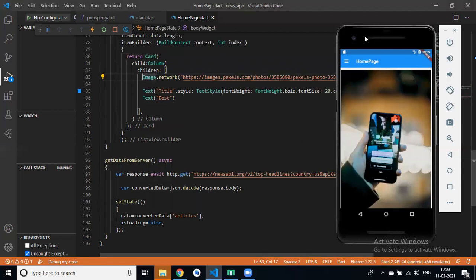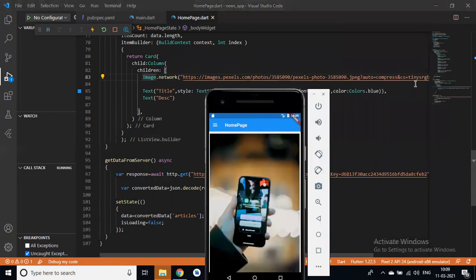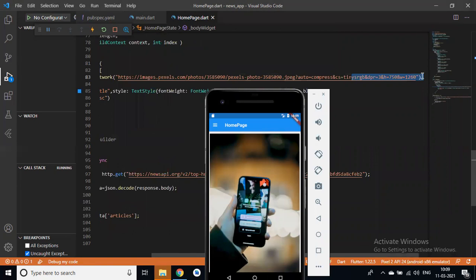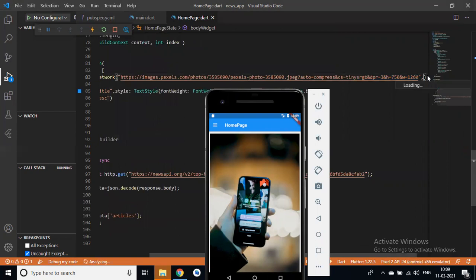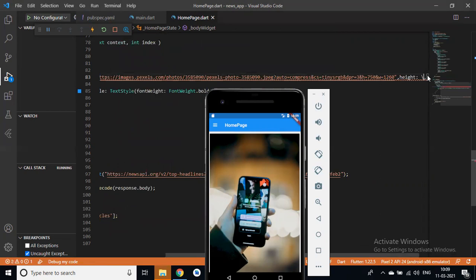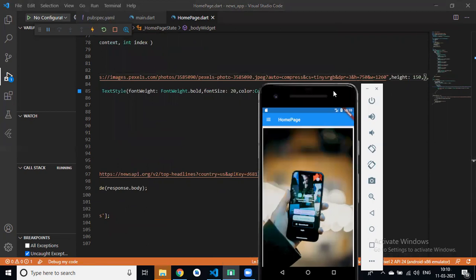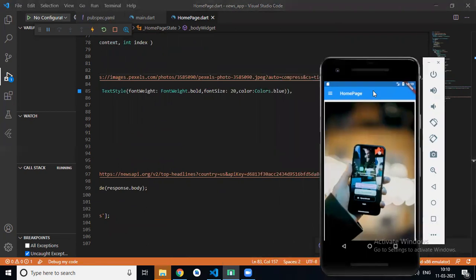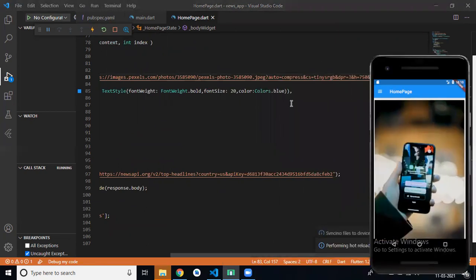Or we already have a SizedBox widget with height and width. In height, I will pass 150, and width is full screen. Okay, so height is 150.